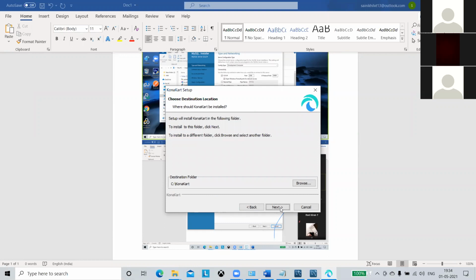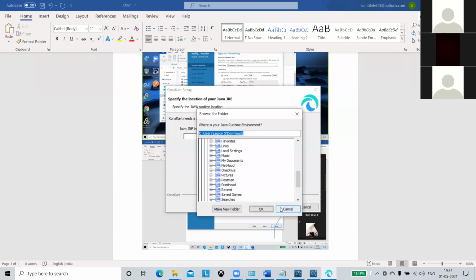Go slow, because we need to take some screenshots when we are installing. Click next. Let it install in the C drive. If someone doesn't have enough space in the C drive, you have to select the D drive instead of C and enter D over there. Make sure that you have enough free space on the drive.